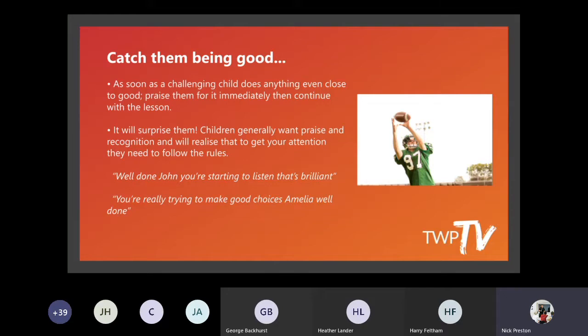I use the tactic of scanning. So scanning is something that you can add to your armory if you don't already, and that's being a presence in the classroom. We hear the saying that teachers have eyes in the back of their heads. That's not true. However, it is true that they're always watching, and the way you can do that is to have your group working and always pick the person who's the furthest away and make sure they know what they're doing.